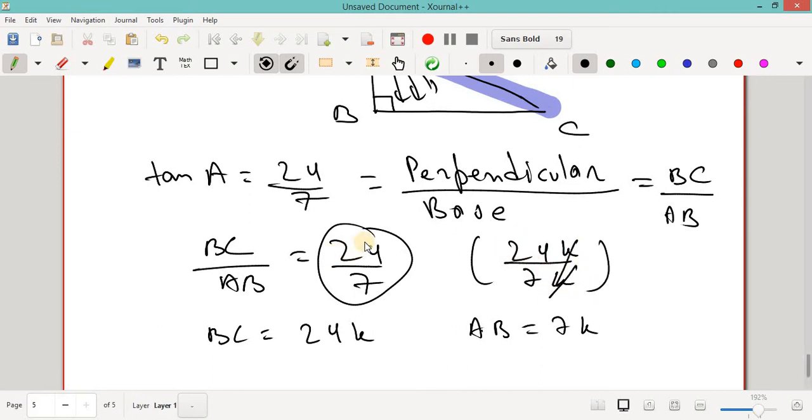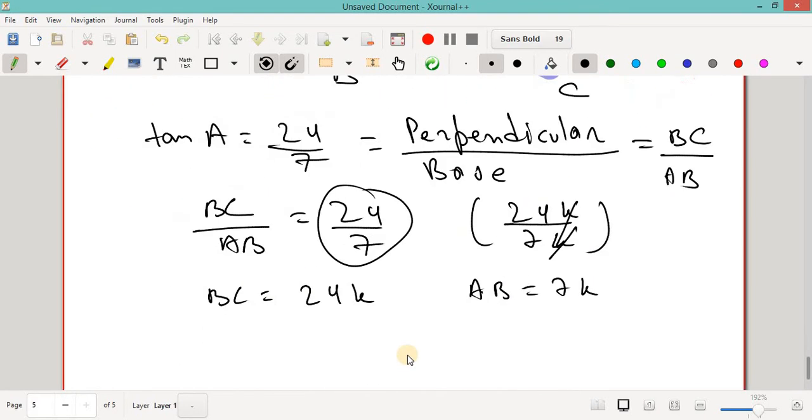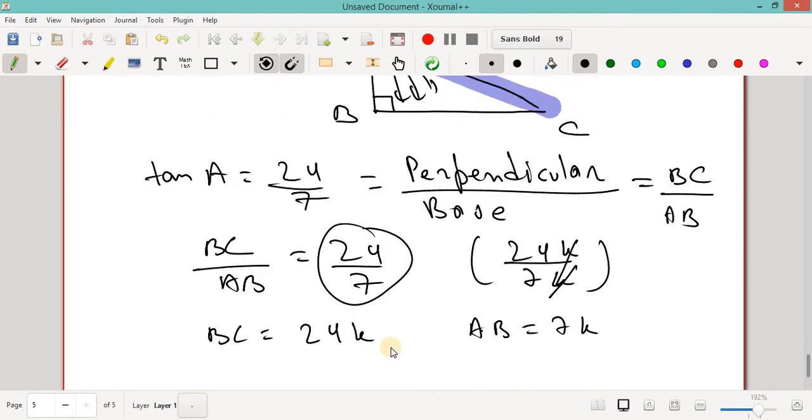So in the previous question, remember, it was centimeter. Whenever you are taking a length, there must be some unit associated with that. So I don't know what K is, so I am assuming it is K. It can be centimeter, meter, anything. So now this K can be anything. But right now, since it is in the simplest form, I have to mention this. We will mention this as K and K. Okay, K can be any unit. Now this is done.